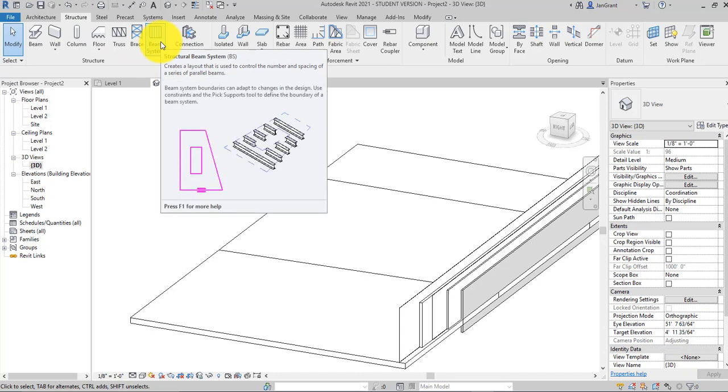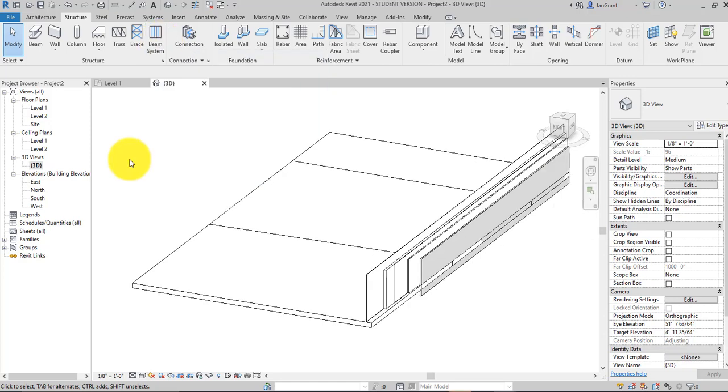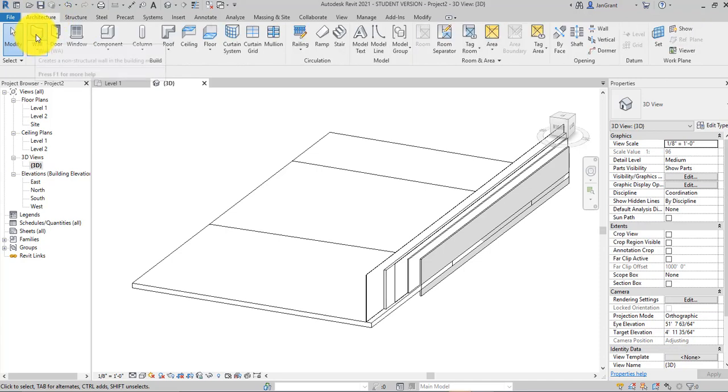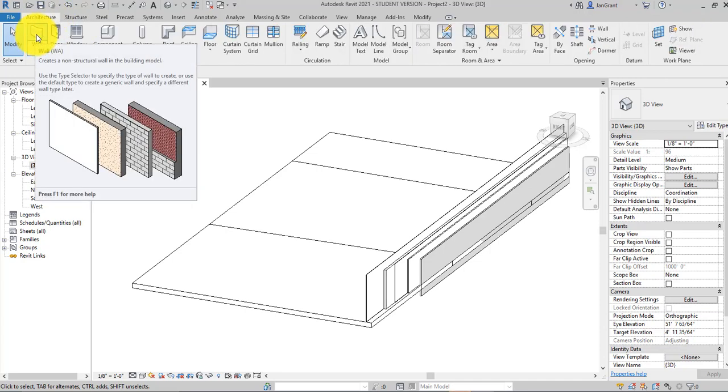The beam system will let you create a sketch, and in that sketch include all of whatever beam or structural member you'd like to use. So it could be 2x6 wood stud walls, or 2x10 floors, or even the W-shaped beams. So in the 3D view, let's start by drawing just a regular architectural wall, and then we'll put 2x6 studs